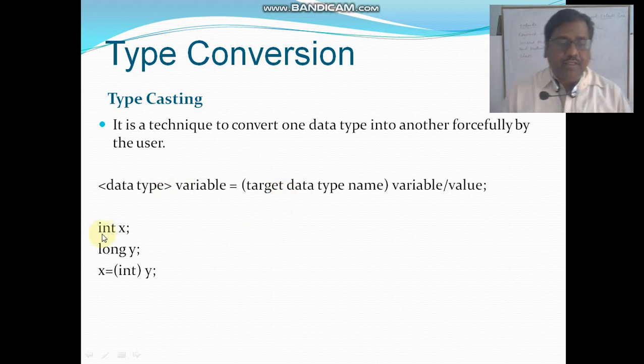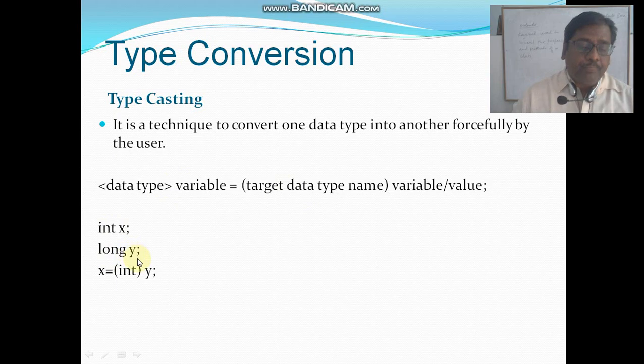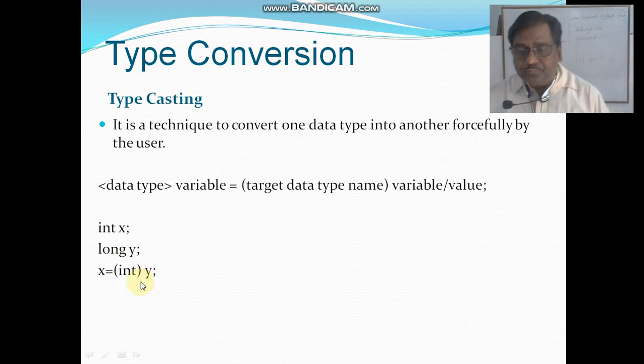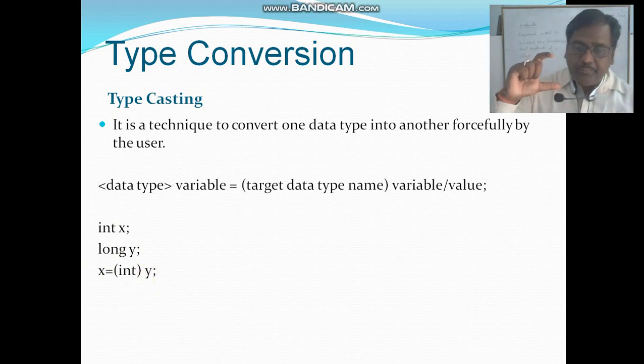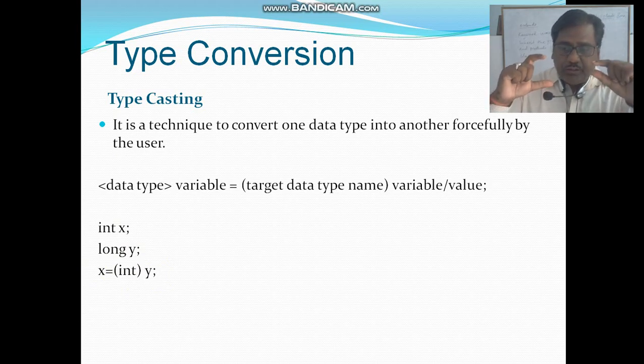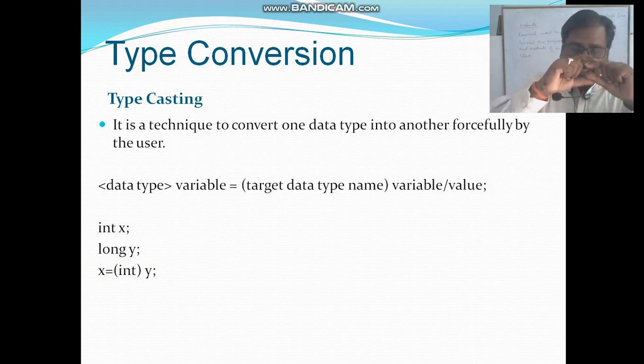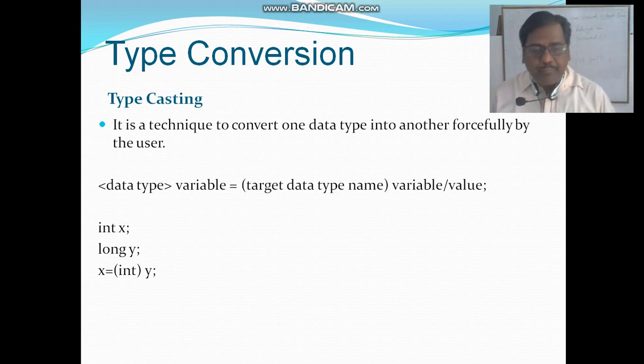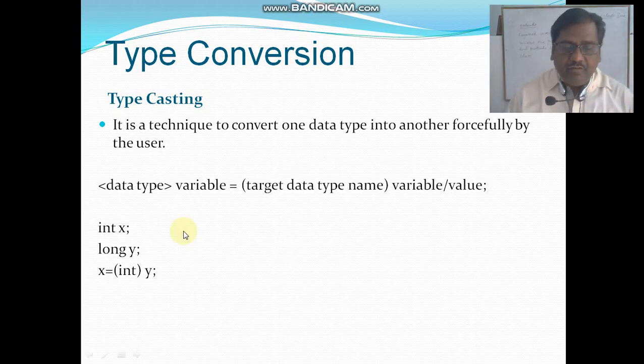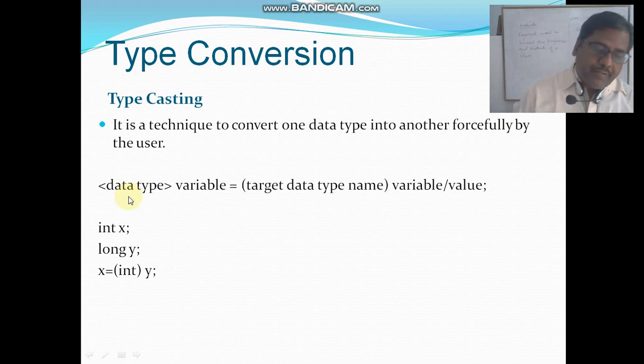For example, if we have int x and long y, y is of the larger long data type and int is smaller, so it cannot be converted into an integer automatically. First we have to make it an integer value, and we do that with typecasting by writing the name of the target data type.